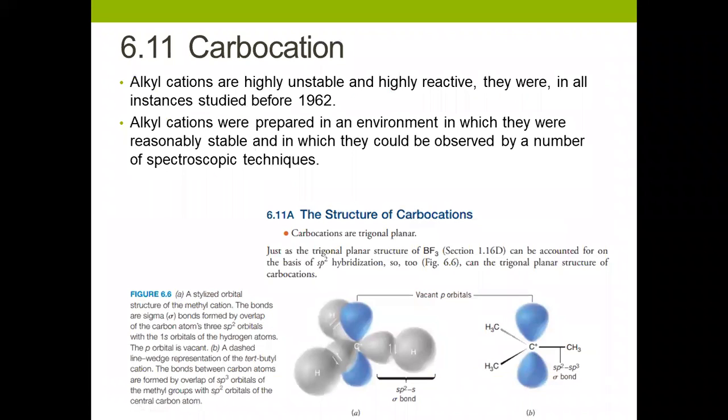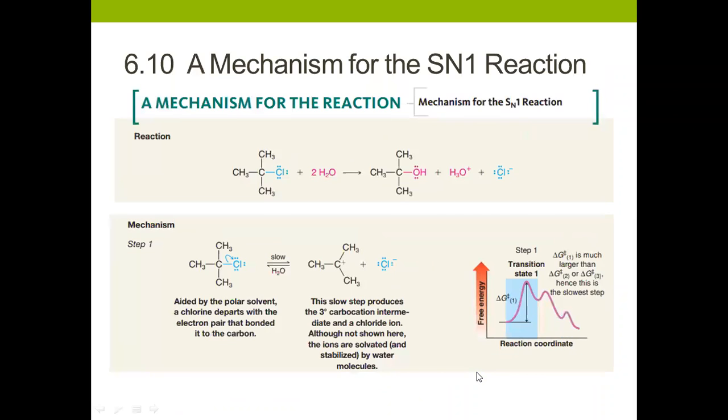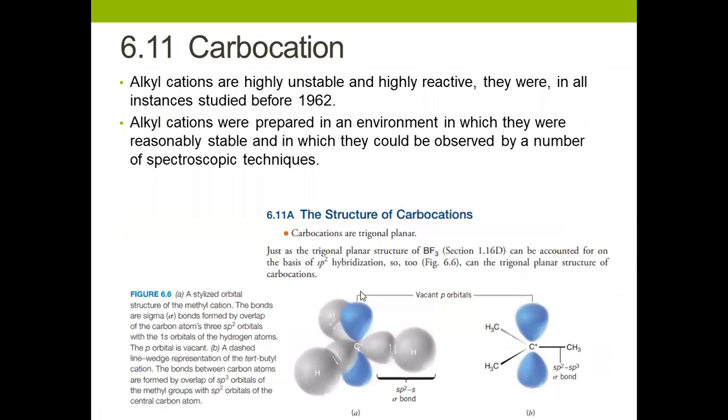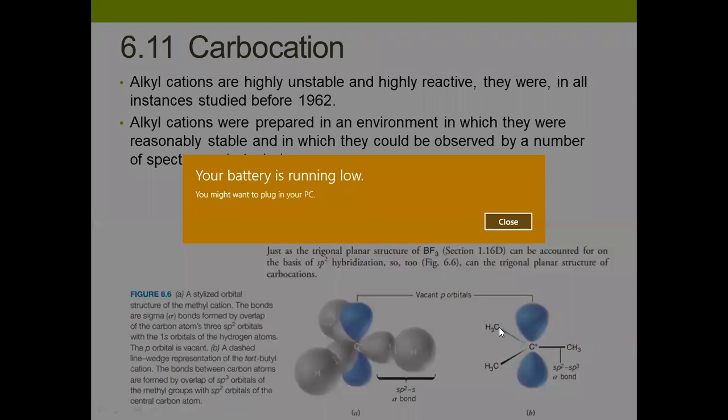Okay, now let's focus on the carbocation. What is the property of a carbocation? A carbocation is bonded to three different atoms. Here in our carbocation, it is bonded to CH3, CH3. So it's CH3, CH3 here. So the carbon is bonded to